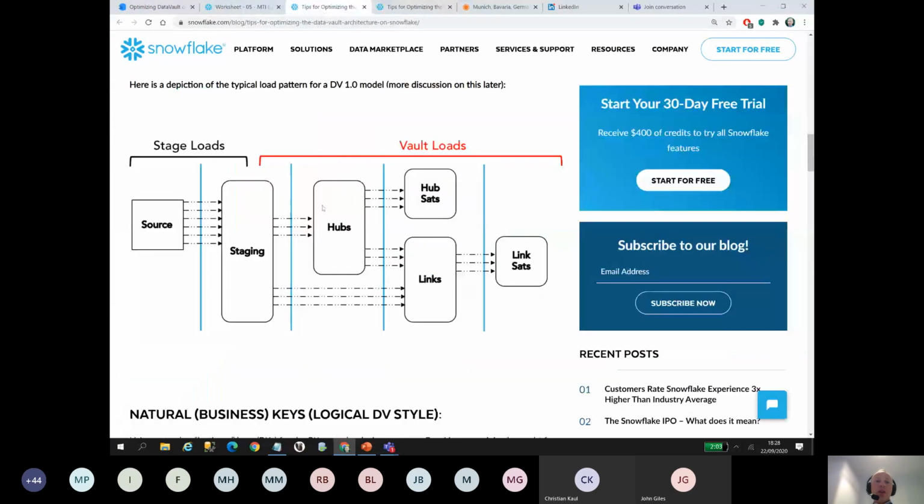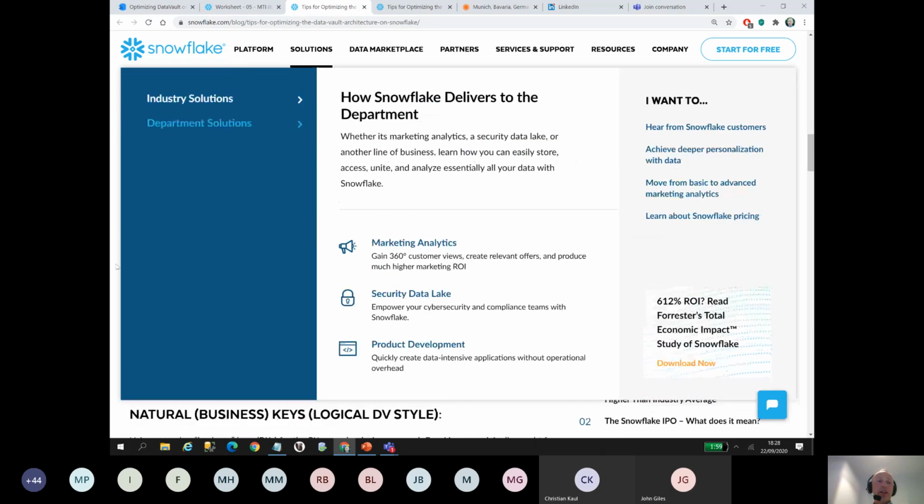So in other words, with the traditional approach, you have to load hubs first. Now when this has its identifiers, load your satellites. Load your links after you've loaded your hubs. And if you are putting satellites on your links, they get loaded last. So there's an order here, and there's lots of lookups as well, and it can be expensive in terms of database processing, right? So the approach advocated in this blog